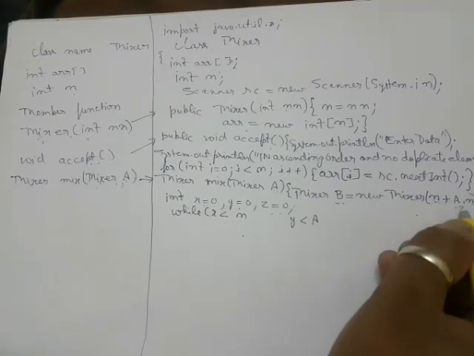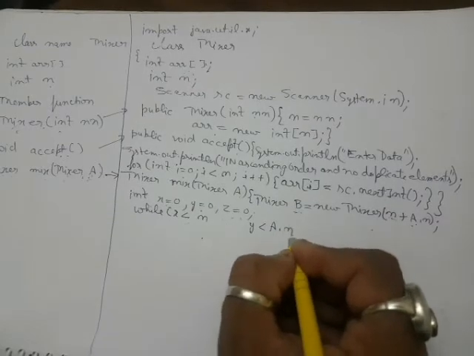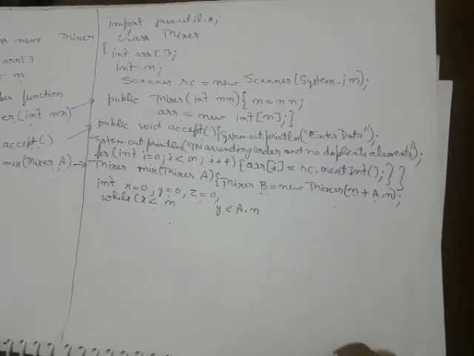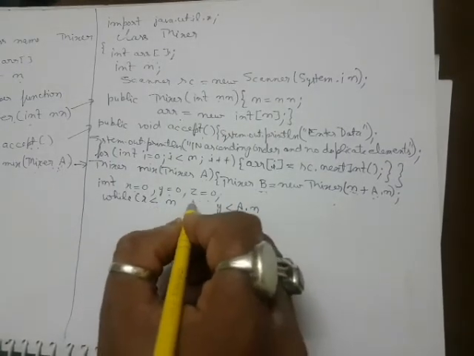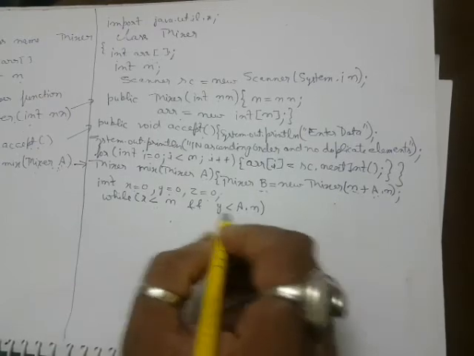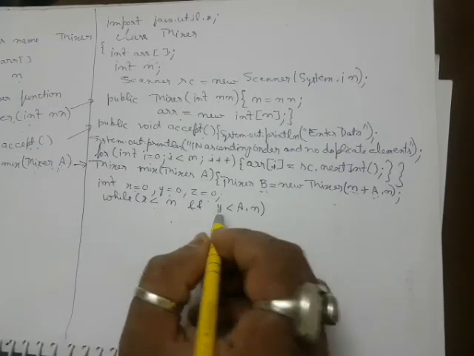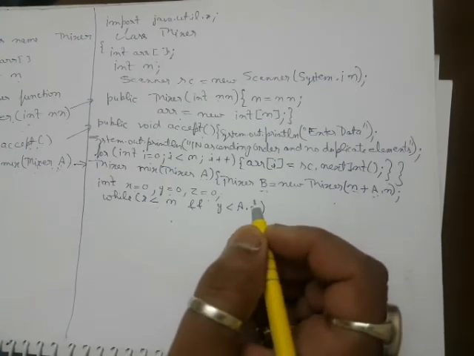A dot n, which I have specified here, a dot n. So I write here a dot n. Always remember that, student. Alright. Now two things are there, and they have to be combined using this AND operator. So if any array is over, this will be terminated. That's what everybody knows, because that is the basic idea of the merging.